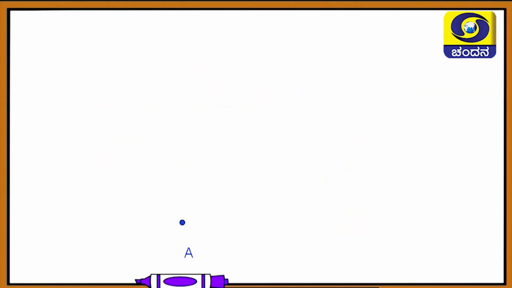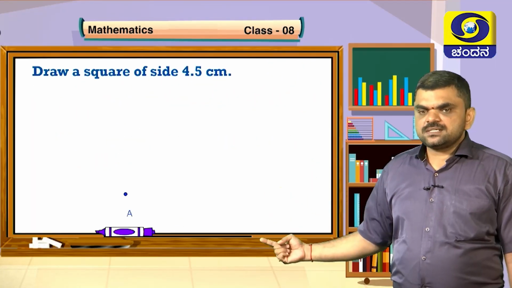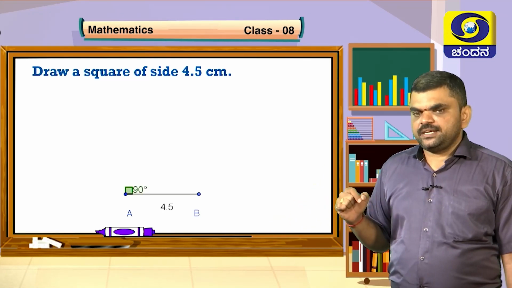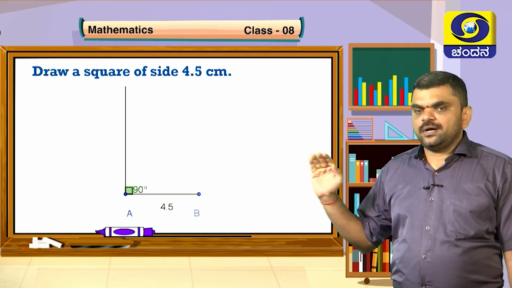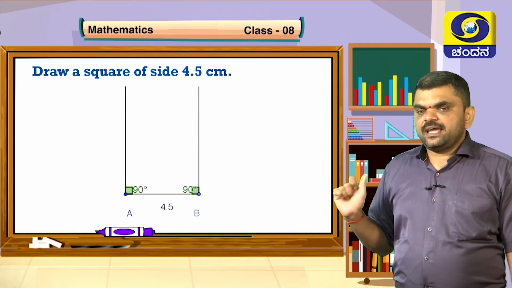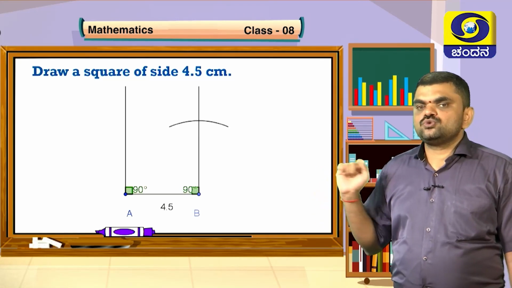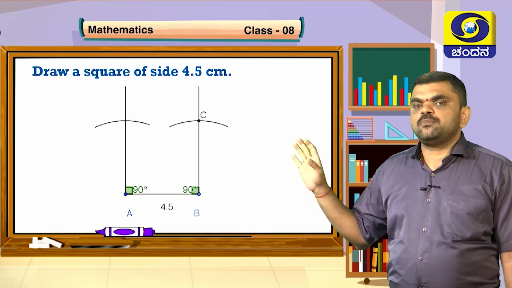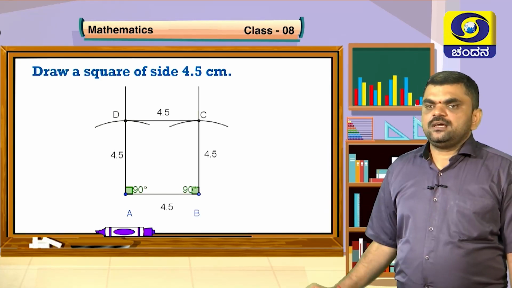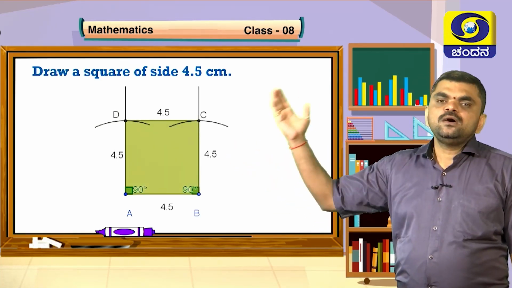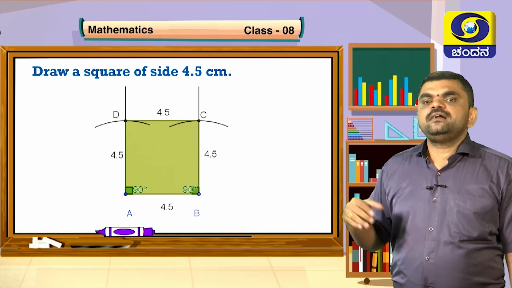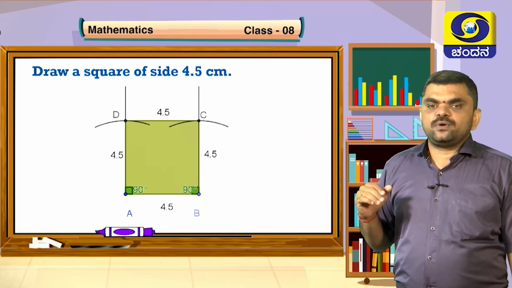So first what we have to construct? First I will draw AB as base, with angle A and angle B as 90 degree. I will mark those points and join those points. Now with the help of a pair of compass, at A and B as center, I will cut those lines at 4.5 centimeters and mark those intersection points as C and D. Now when we join C and D, it becomes 4.5 centimeter here, children, because opposite sides are always equal and all the 4 sides are equal in a square, children.